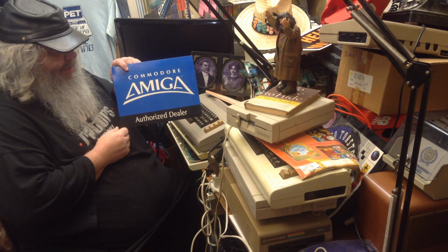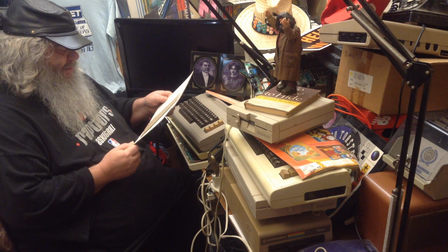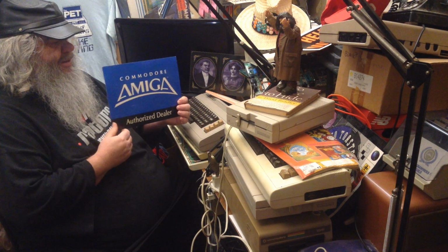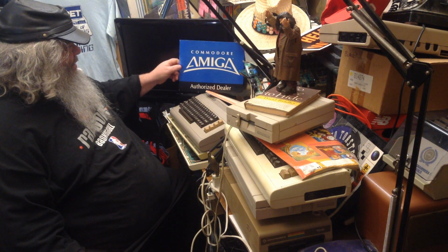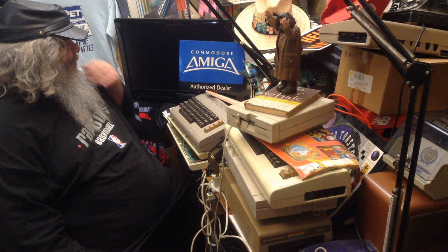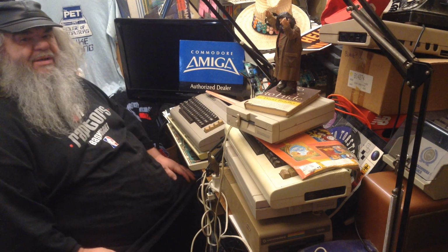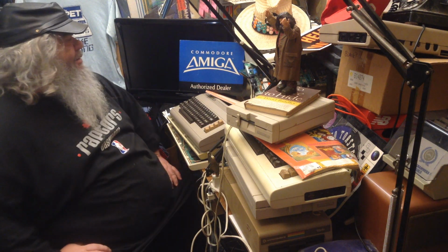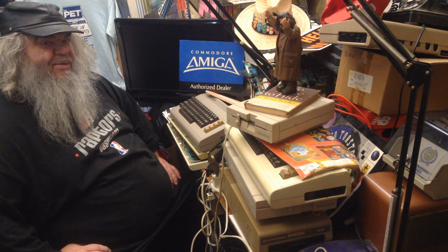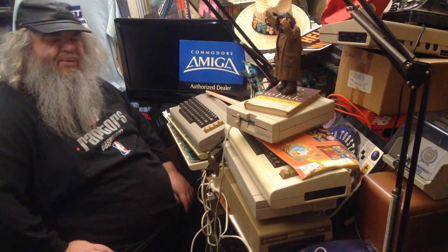Indeed. Commodore Amiga, authorized dealer. Cardboard sign. Oh, the back has never been done. It would sit somewhere in a dealer, in a store, you know, and it would show that you were a real dealer, because there were a lot of people who were not